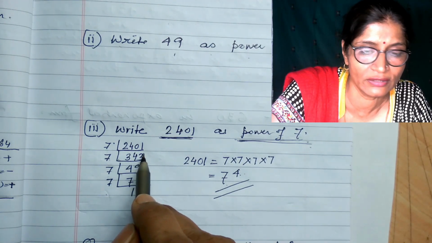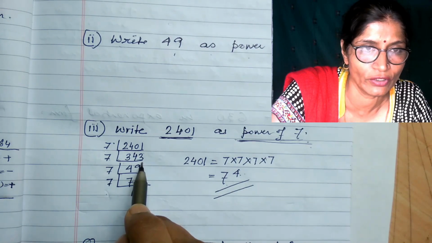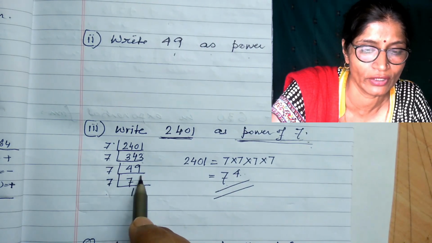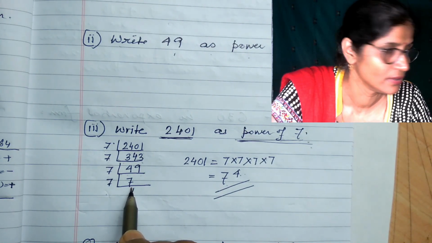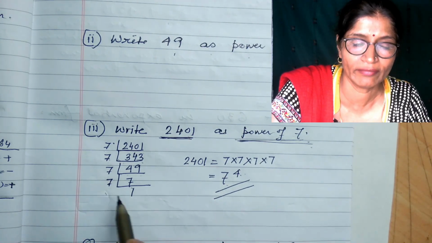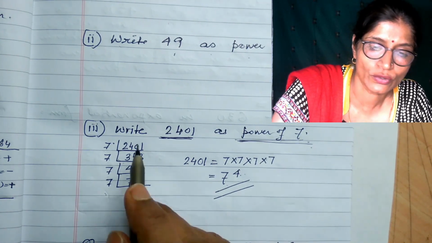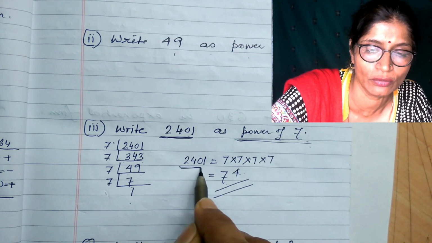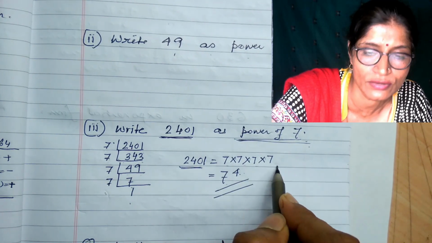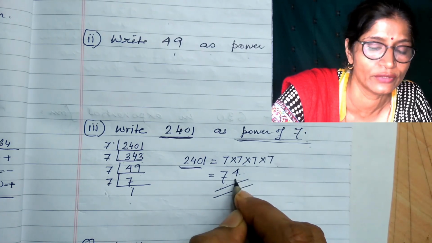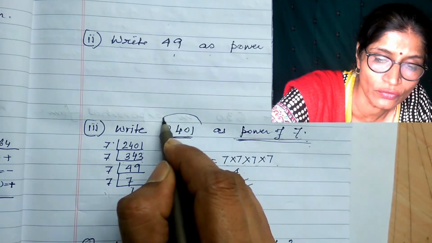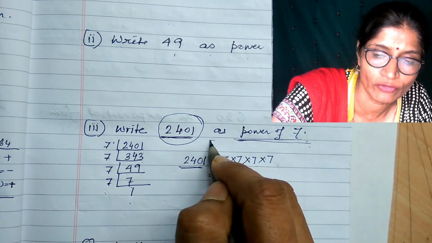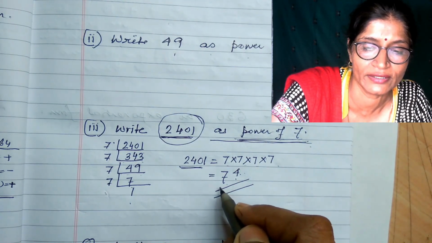So 2401 divided by 7, then it is 343, then divided by 7, 49, again divided by 7, it will be 7, and again divided by 7, it is 1. So it is what? 7 appears 4 times. So I can write 2401 as 7 into 7 into 7 into 7. So that is equal to what? 7 to the power 4. So this 2401, when I have to write in the power of 7, it is 7 to the power